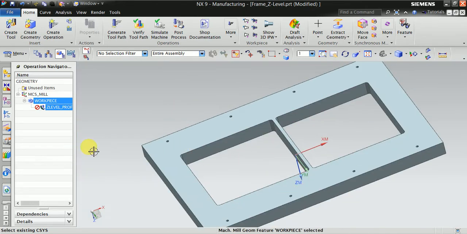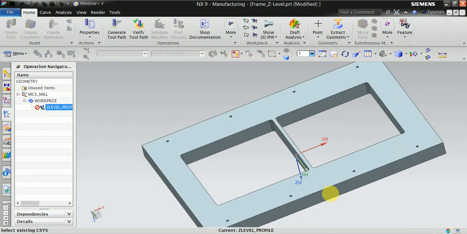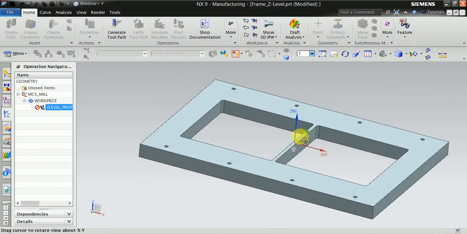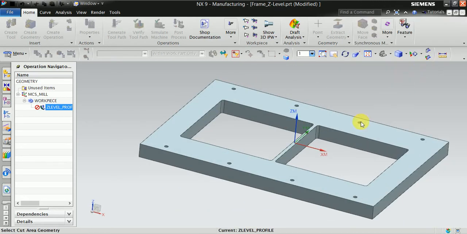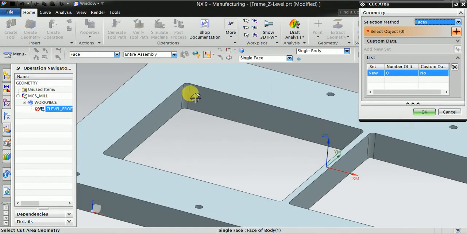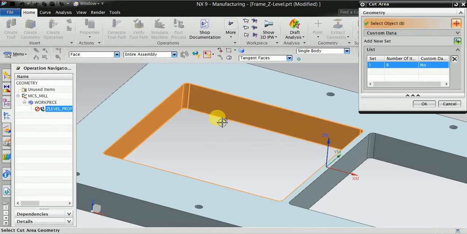Now edit, open this operation, select the face. OK.